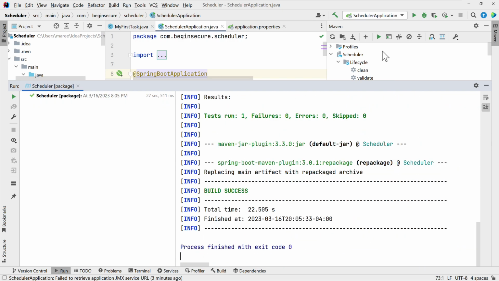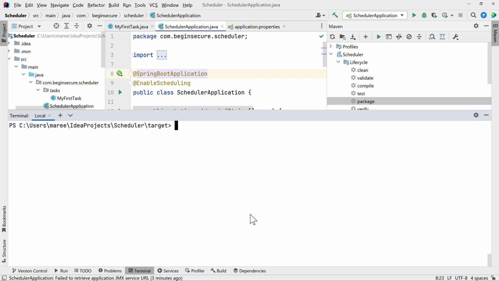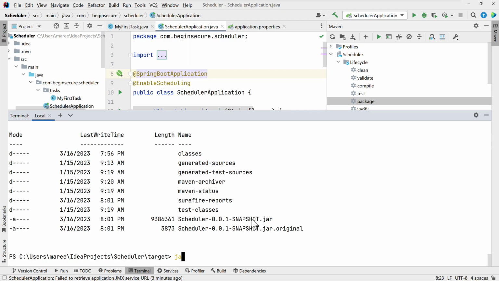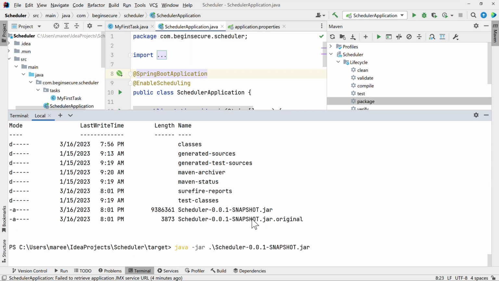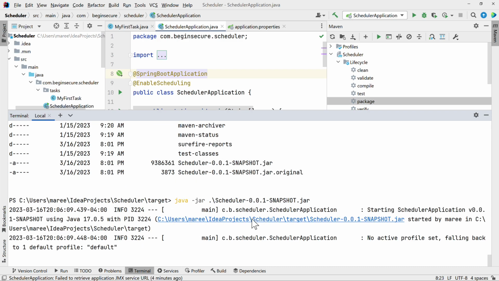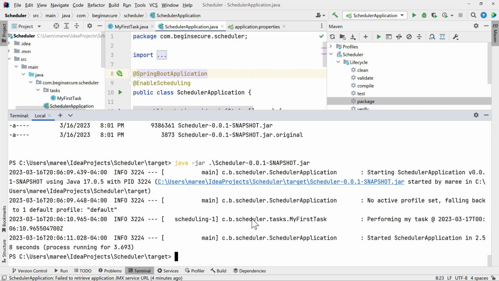When it's done building, we have our jar file. So let's open up a terminal window in the target directory using IntelliJ and run dir. First, we'll run the code using plain old java -jar on the jar file to prove that the banner is turned off by default right now. Looks good. Now let's recall the command with the arrow key.